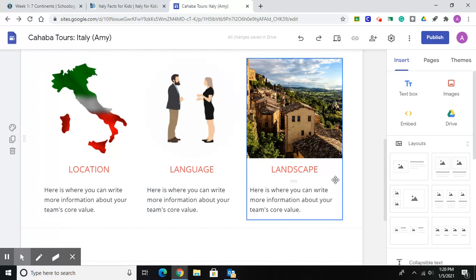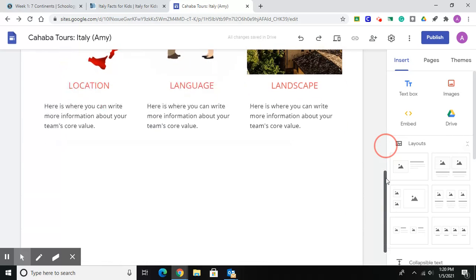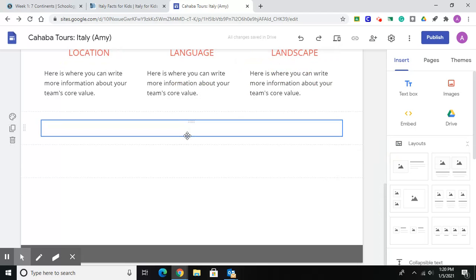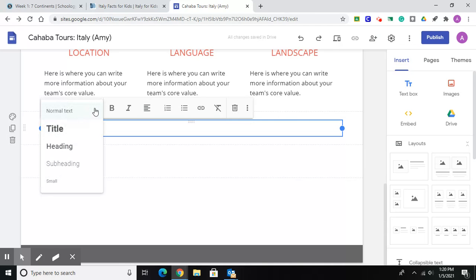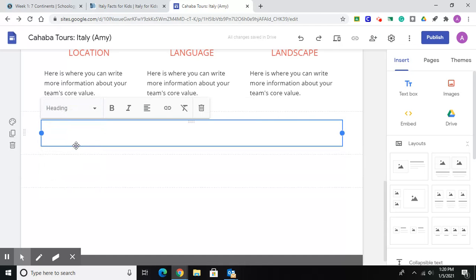We have our location, language, and landscapes. And then down here, I'm going to add some information about weather. So you see how I have 1 blank here and another blank there. In this blank, I am going to change normal text to heading, and I would like it centered again. Okay, so I'm going to type weather